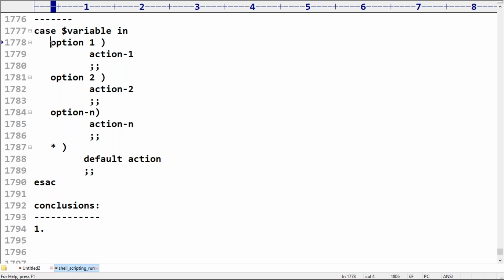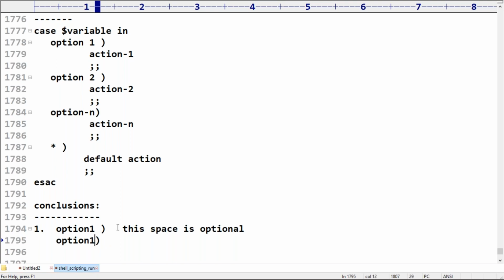How do you define an option? Something like option one, followed by a closing bracket. Here there is a space, and this space is optional. Remember this one. This space is optional, meaning you can define it this way also, no problem at all.